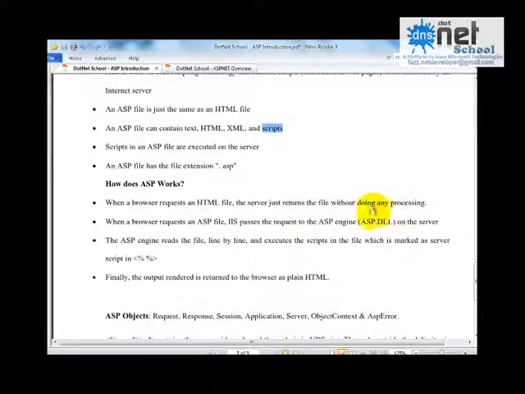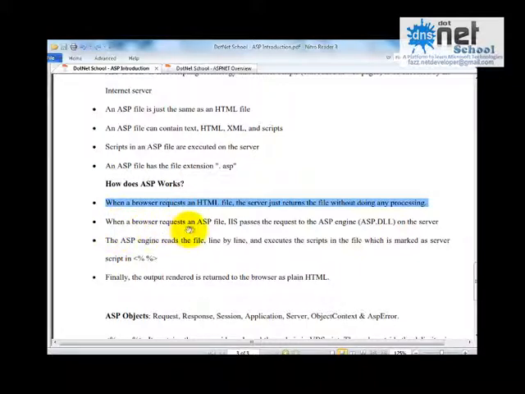Say you are accessing an ASP website and the first page is home.html. When you enter the URL, the web server will not do any processing, it will just return that file, because it's an HTML file.